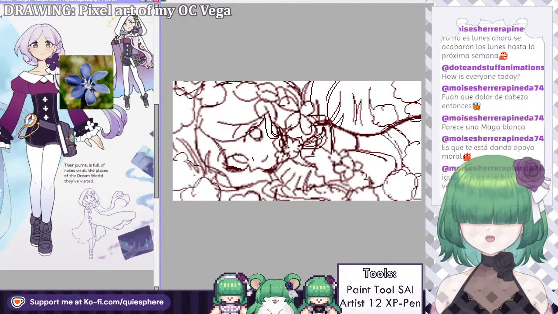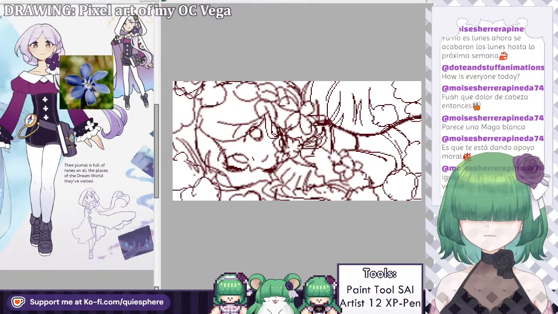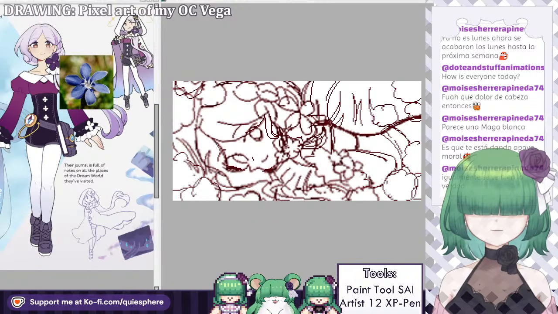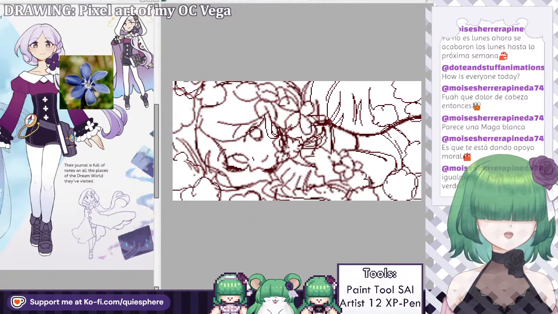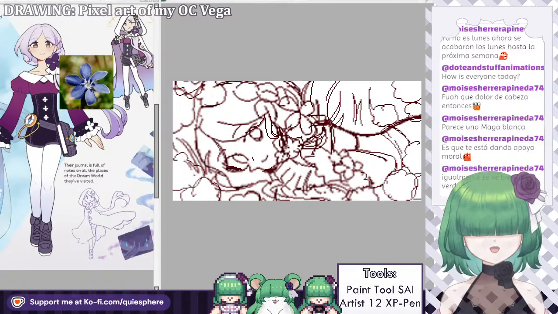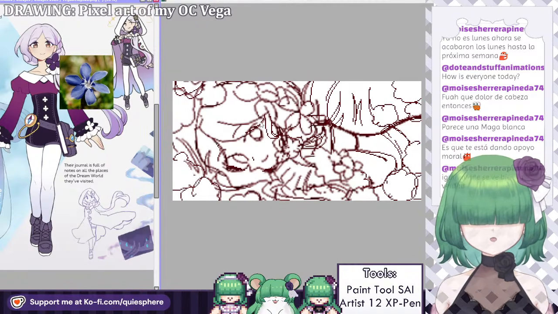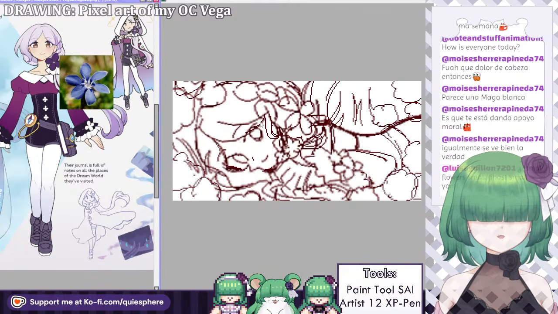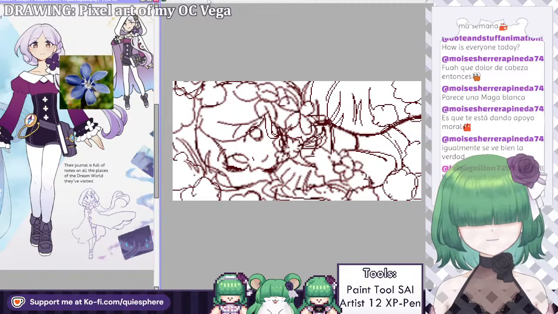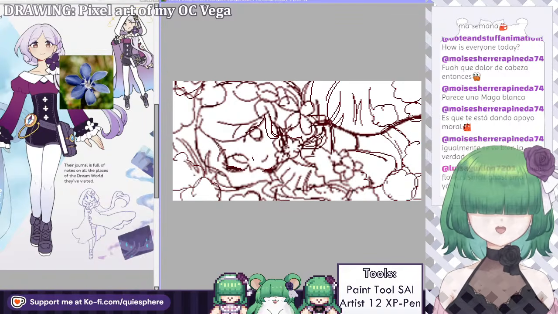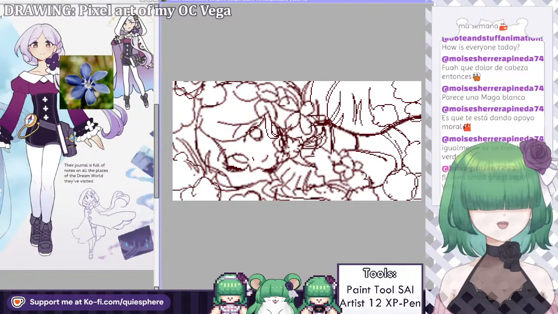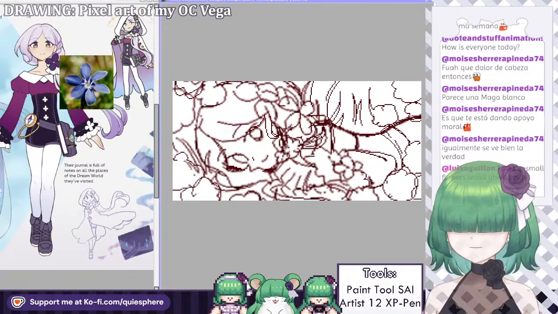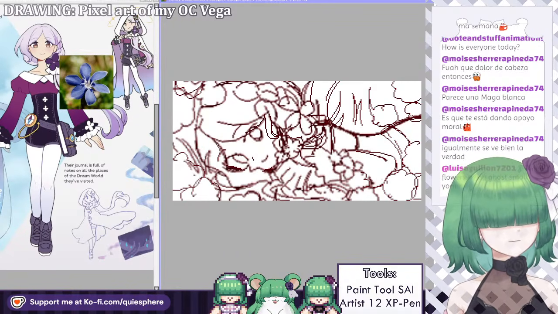They're gonna have to be very big gentians though, because they are pretty small flowers. They are not super big. But I guess we can do some artistic interpretations, right? Let's go. One thing that I wanna try also is using a more limited palette, probably, because it's something I wanna practice more in my pixel arts. I end up treating the colors in my pixel arts a lot like I do my colors in my normal art, which I guess doesn't have to be necessarily a bad thing. But I wanna try to keep it to not that many colors, perhaps.